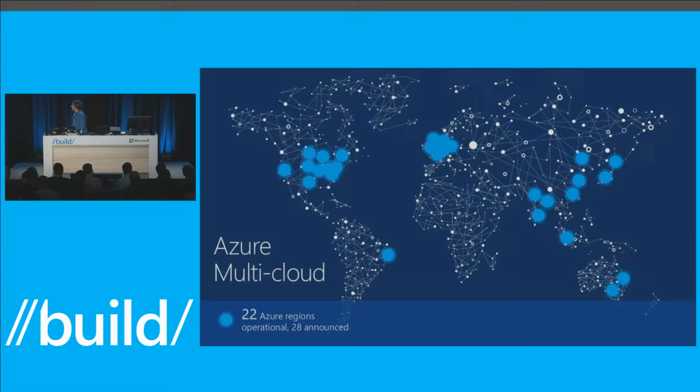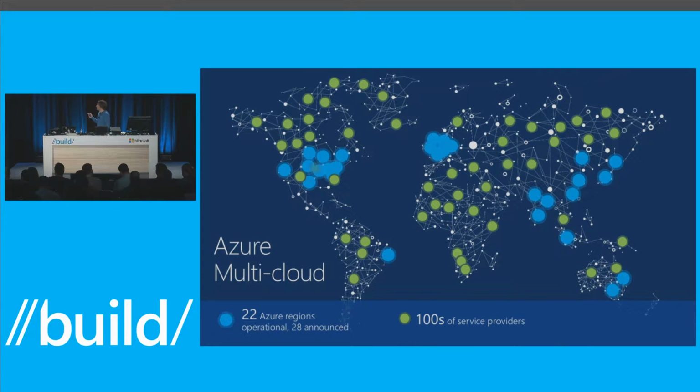So Azure has 28 announced regions, and it's all over the world. However, it's interesting that not all those regions are in a single cloud. So we have Azure China. That's actually an independently operated cloud. Its instance is different than the instance we run in here or in Europe. There's also US government. There's government clouds. They're actually independent clouds. So in this set of regions, some of them are part of global public cloud, and some of them are independent instances of Azure Cloud.